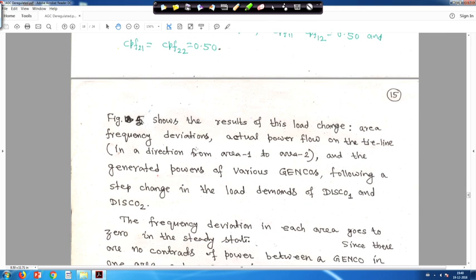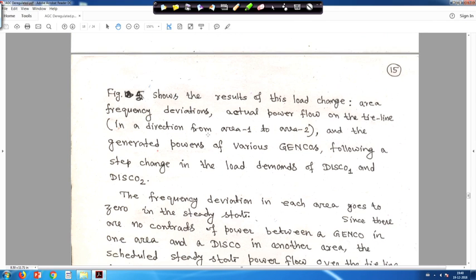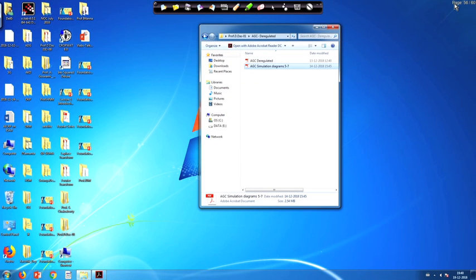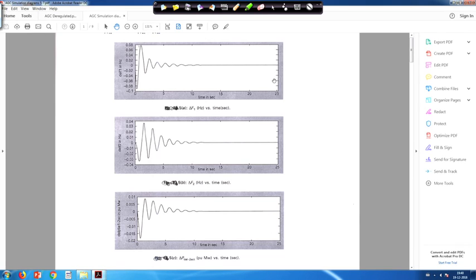So, figure 5 actually shows the result of this load change. I will show you the figure. Let me come back to the figure, that is figure 5. This is actually a dynamic simulation. It is not through MATLAB Simulink; the actual code was written and run in the MATLAB environment. It is not Simulink, and after the data were generated, they were plotted in MATLAB.